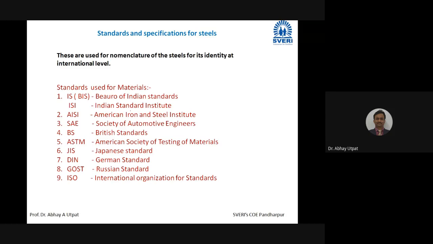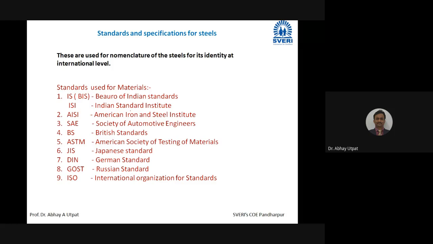Let us go to a very important bit, that is standards and specifications. I will write it down in your book. Whatever types of steels we have studied by now, whatever lectures we have covered, there were names: free-cutting steel, high-speed steel, then tool steel, water hardened steel, oil hardened steel, Invar steel, then alloys for heating element, Kanthal, then stainless steel, martensitic stainless steel, dual phase steel, maraging steel.